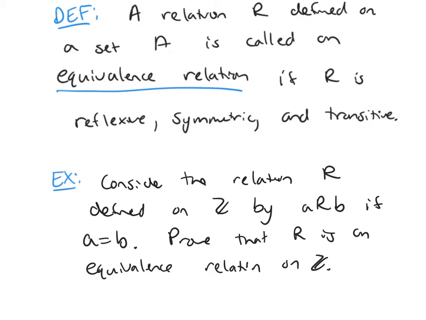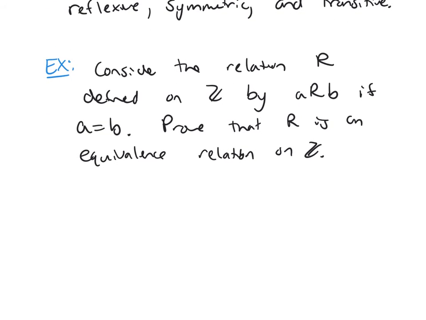So if you're proving that R is an equivalence relation, you have to show that R is reflexive, symmetric, and transitive. So your proof is going to have 3 parts. So call this first one part 1 of our proof. And what you need to do in this part 1, show R is reflexive,